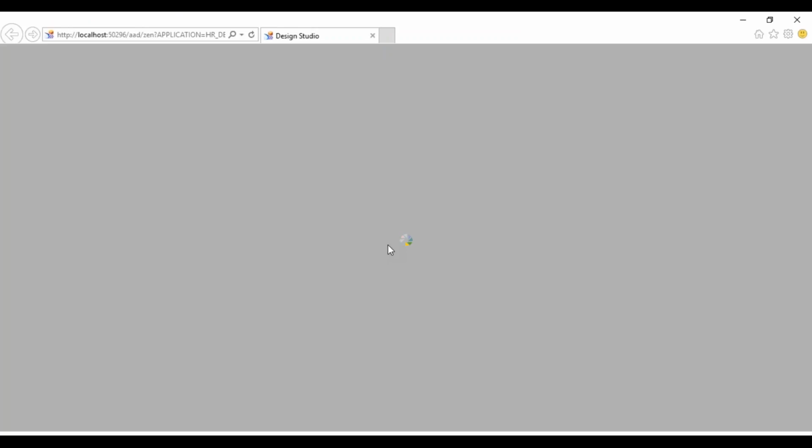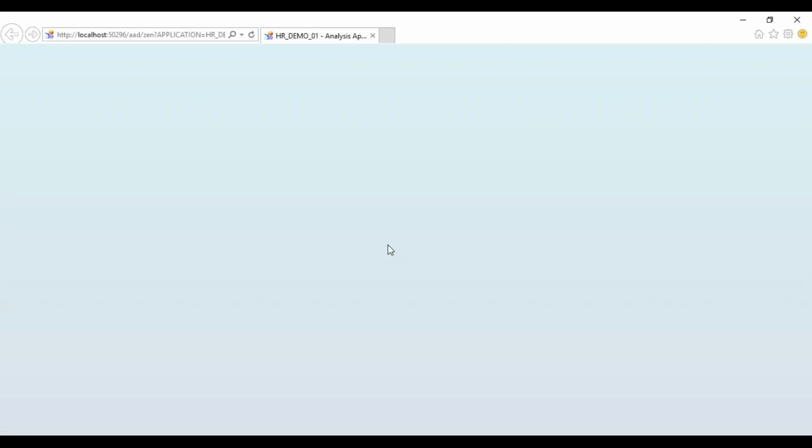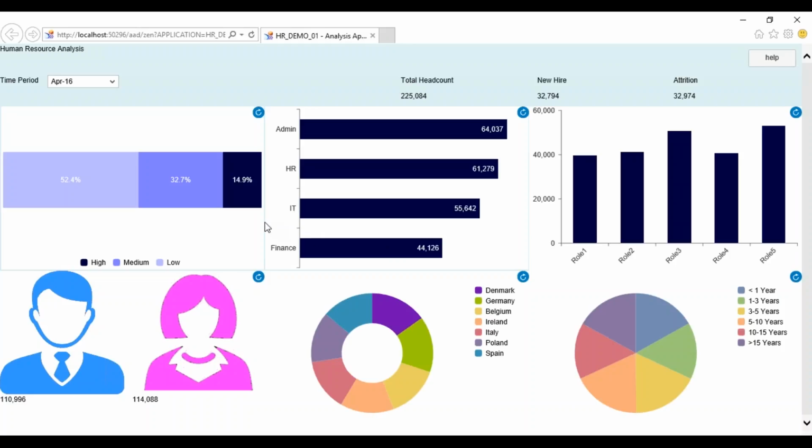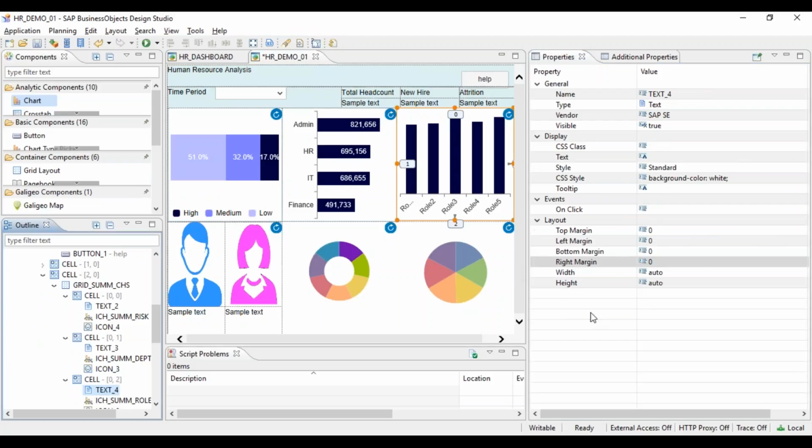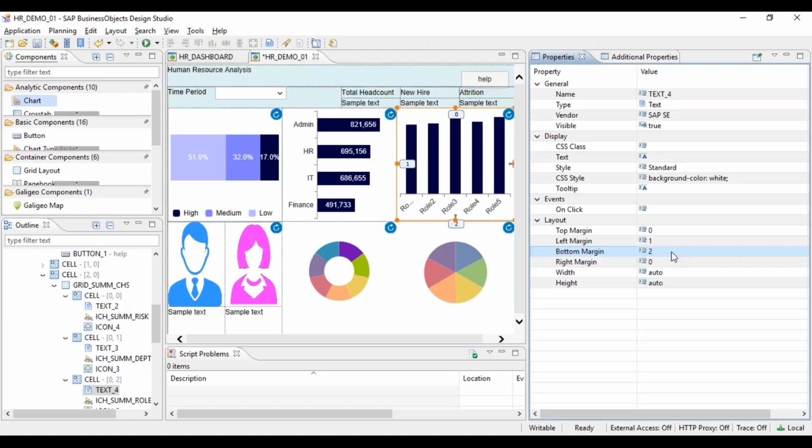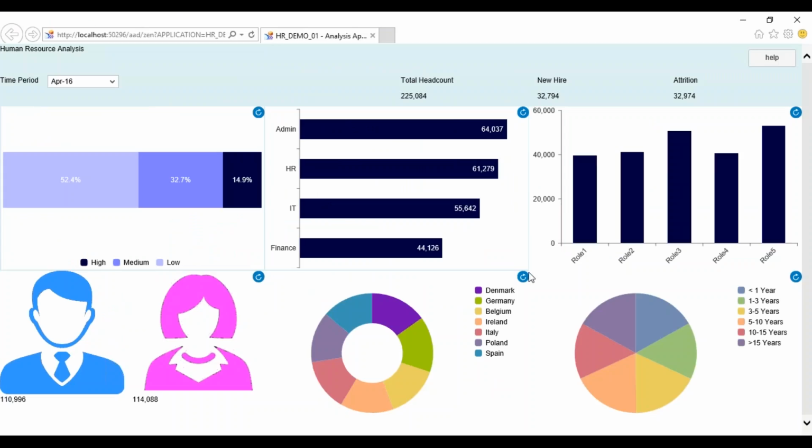So if we run and see, we'll get a 2-pixel space in between charts. So we see that we get a 2-pixel space here, and here we get 1 pixel only, so we need to change. Okay, so we'll get 1 pixel here, bottom 2 pixel, and right hand side 2 pixel also. Based on whether you think 2 pixel is enough, if you feel 2 pixel is not enough, you can increase the pixels, how many pixel of gap you want in each chart.